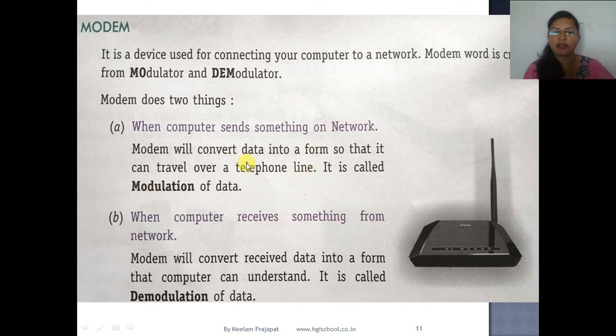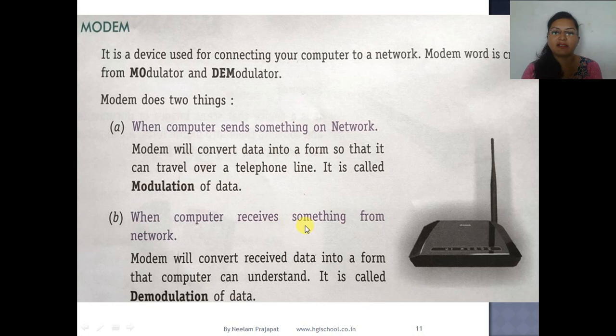This is called modulation of the data. When the computer is sending something on the network, that is modulation. The modem converts the digital signal of the computer to the analog signal that can travel on telephone lines.